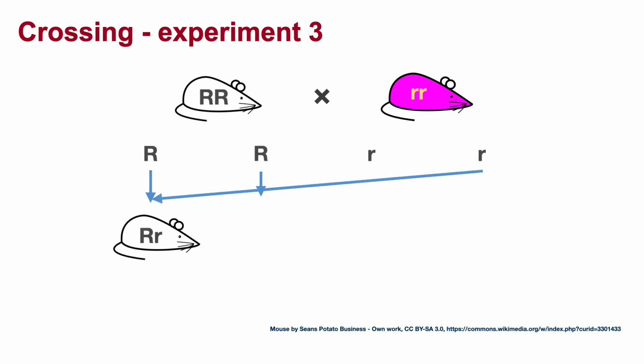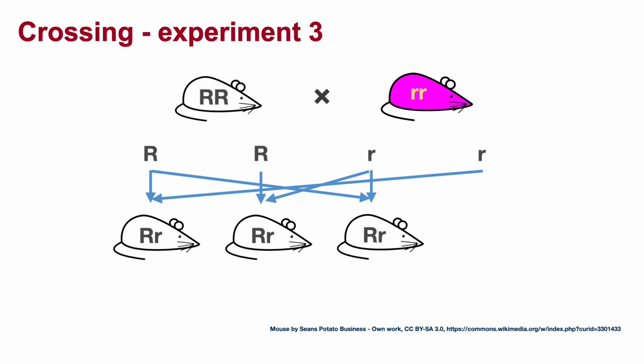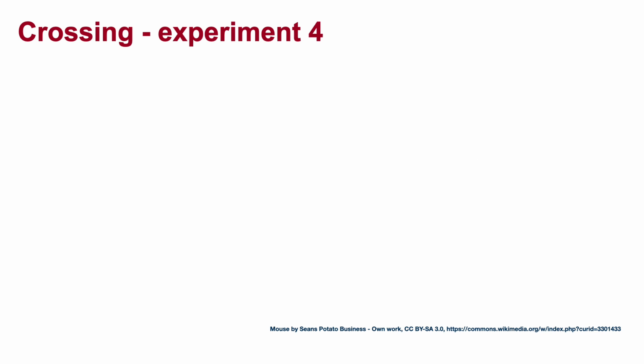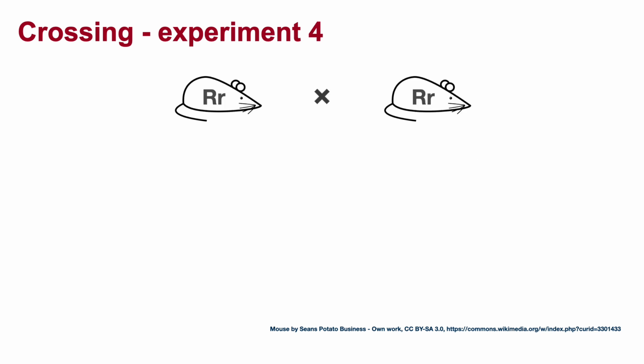And when we do the cross here, what we find is all the animals come out white, and this tells us that the white condition here is dominant over the pink condition. And all the offspring in this case are uppercase R, lowercase r. Now in experiment 4, what happens if we take 2 animals that are uppercase R,